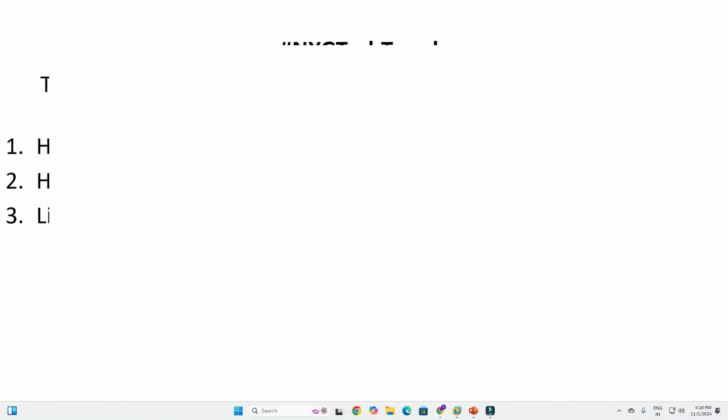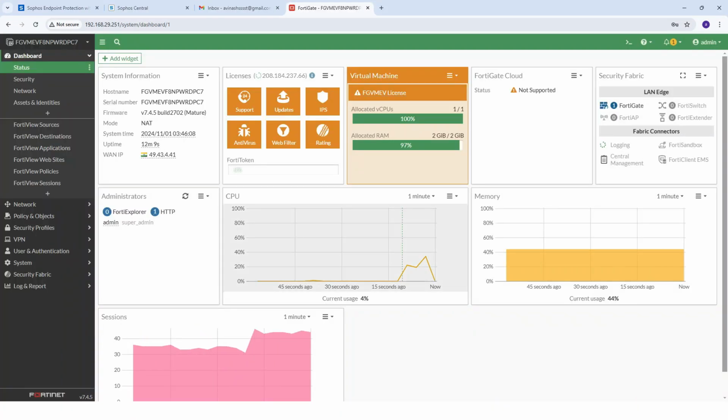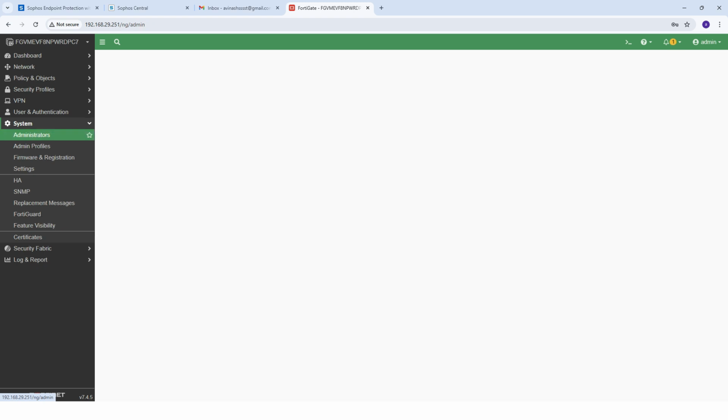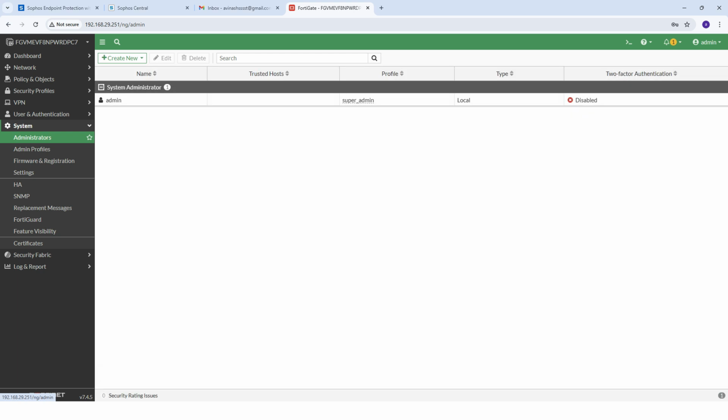First we need to sign in on our FortiGate firewalls. You can see I have logged in with my firewalls. After that, once you log in, you need to go to System. Under System, you can see a button for Administrators. Once you click on Administrators, you can see by default I am logged in with this account.